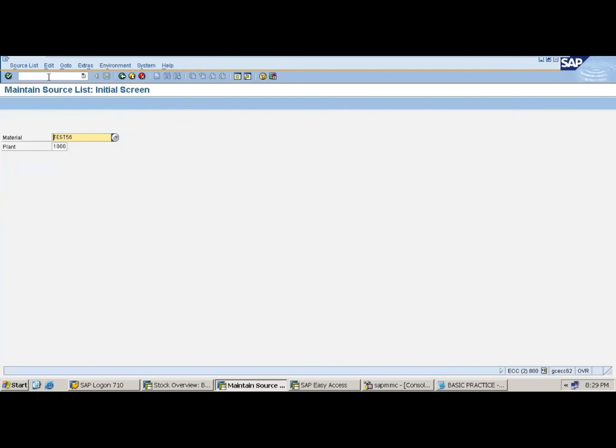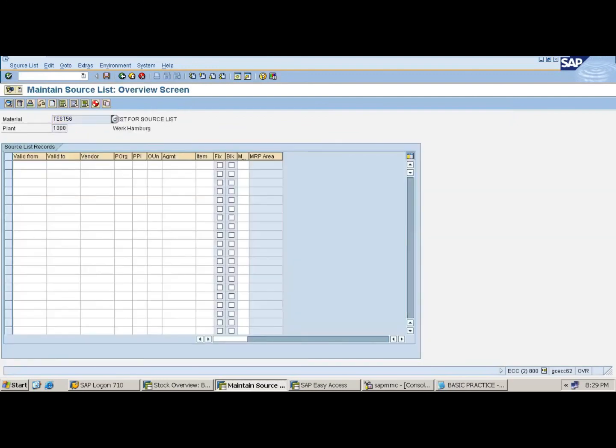Enter. This material, okay. This plant, okay. Enter. Earlier, what I did: valid from, valid to, vendor, purchase aggregation. Am I right? This time, it is not required.